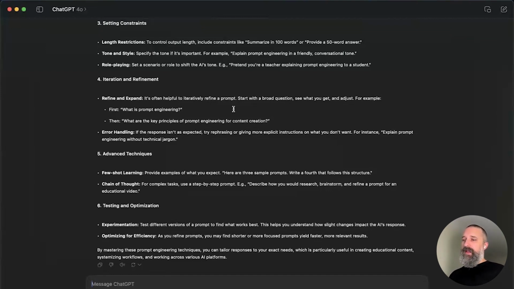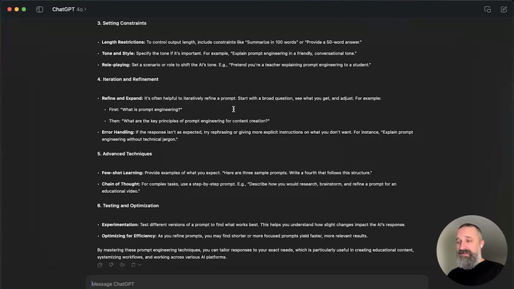And so rather than try to figure it out and go step by step, one at a time, and say, thanks ChatGPT, that was close, but could you do it a little more like this? To remove the multiple steps from your interactions with ChatGPT, I find it's just useful to say, what's the best way to ask you about this? So, for example,